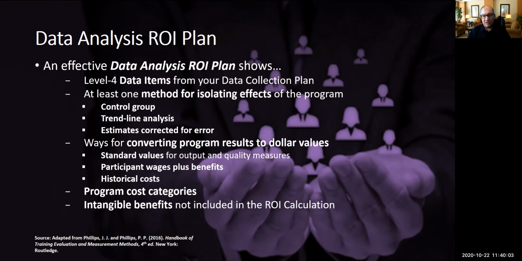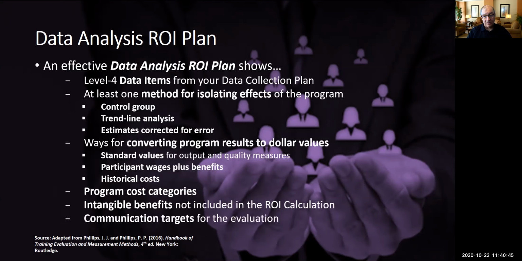Tangible benefits. Those are the level 4 measures that you choose not to include in the ROI calculation. Now, that could be for a number of reasons, but sometimes things are a little fuzzy as far as, well, how am I going to take work engagement, for instance, and calculate a dollar value? Now, there is a way to do that, but we already had a measure in that particular example that we would have tied it to, and it would have been the same number. So we just elected to list it as an intangible instead. I'll show you what I mean.